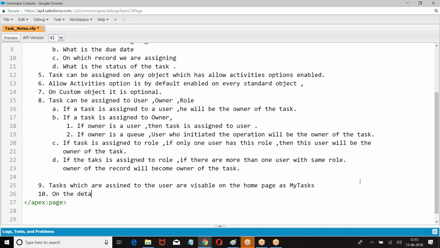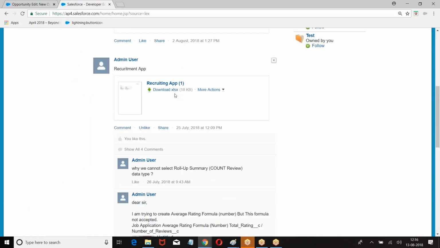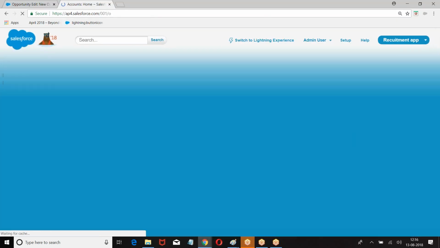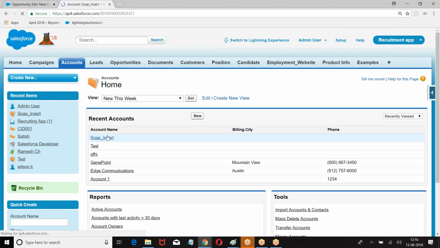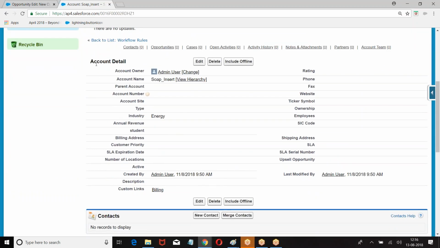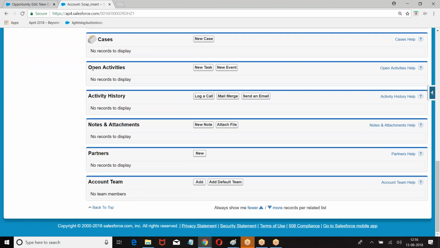On the detail page of the record, you can find the task under open activities. If you open any detail page, what are you finding here?